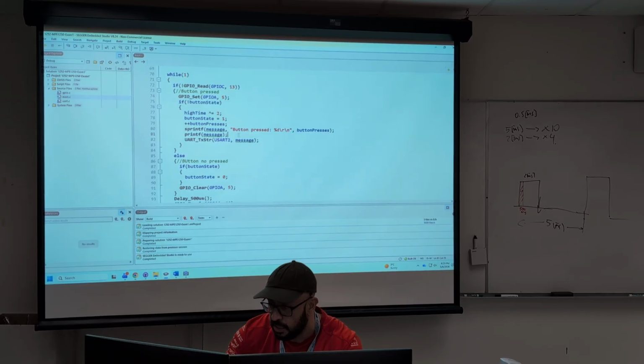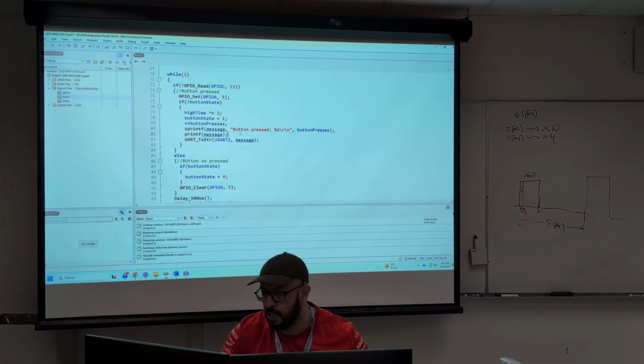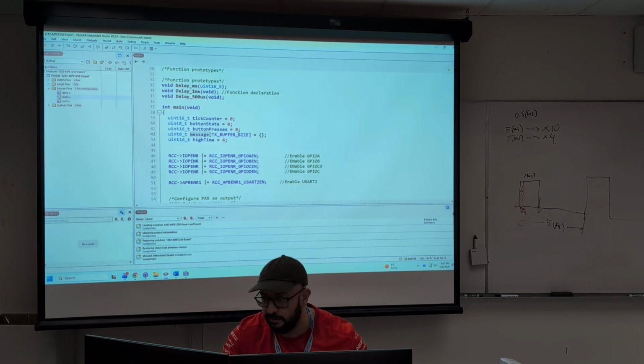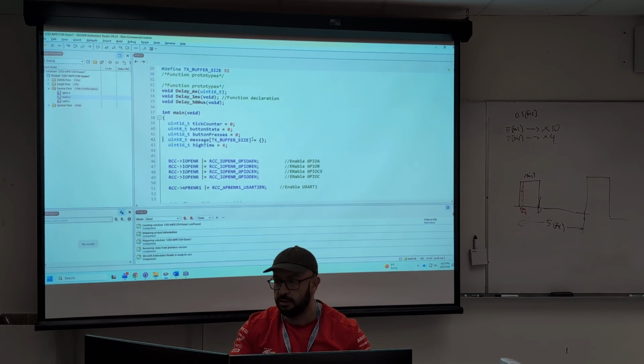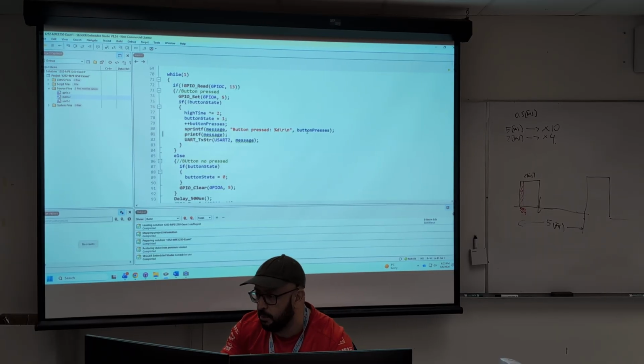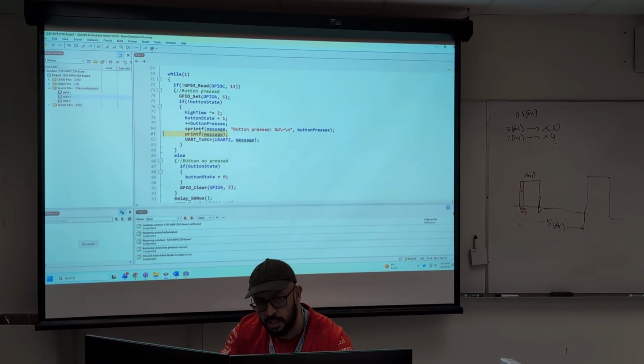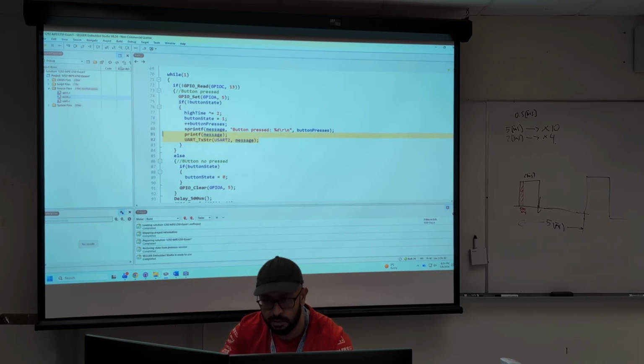Now, when I detected press, I'm going to send the printf to the console, which is happening here. I'm kind of using a combo here because I ask you first to use the printf to the console and then do the sprintf. But of course, when you do the sprintf, you're printing into this array, which needs to be large enough. In this case, for me, it's 32 characters, so it's large enough. You send the button press number, okay? And after that, since it's already in the array, you can also send it to the terminal and to the debug terminal, to both, because it's the same message. Let's give it a try.